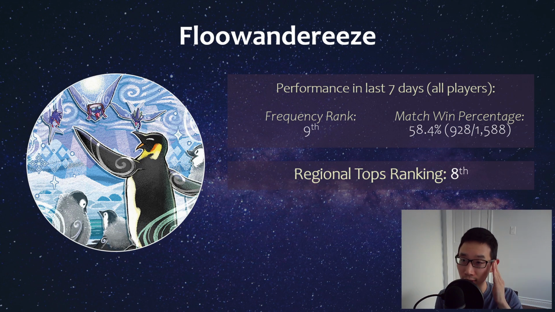Next, we're going to cover Floowandereeze, which has been actually doing quite well, especially with this new format. So in terms of regional top 8s, it has the 8th most, played pretty decently on Dueling Book as well, and always has a high win percentage. And the deck, while it did lose Barrier Statue, it can still benefit from the fact that it can play